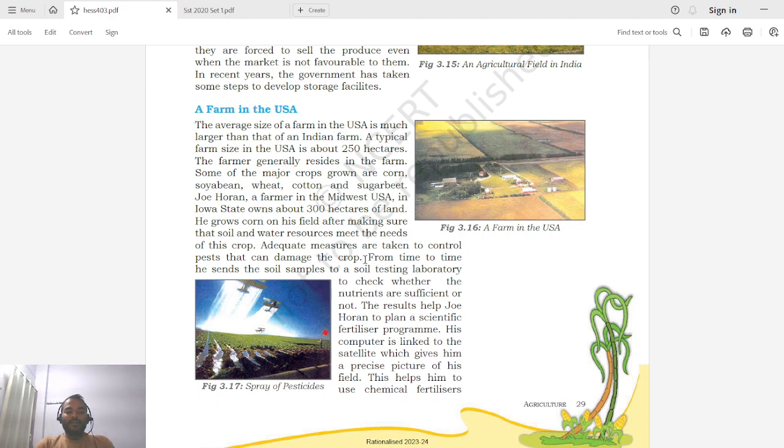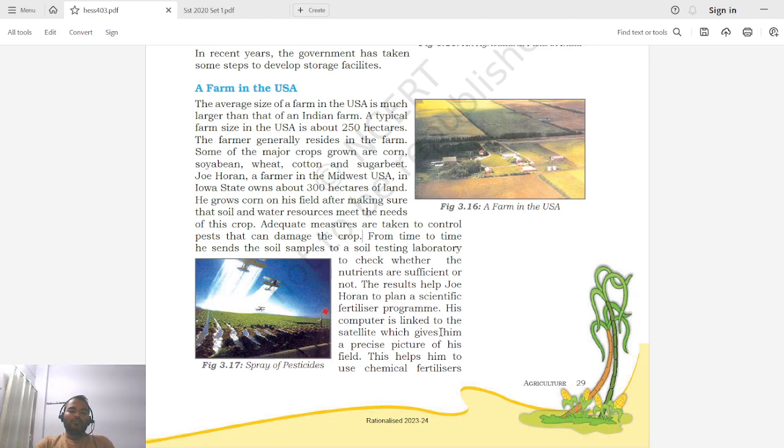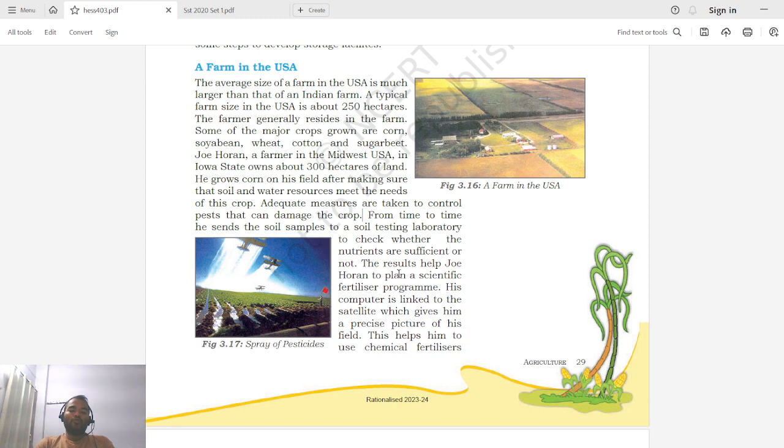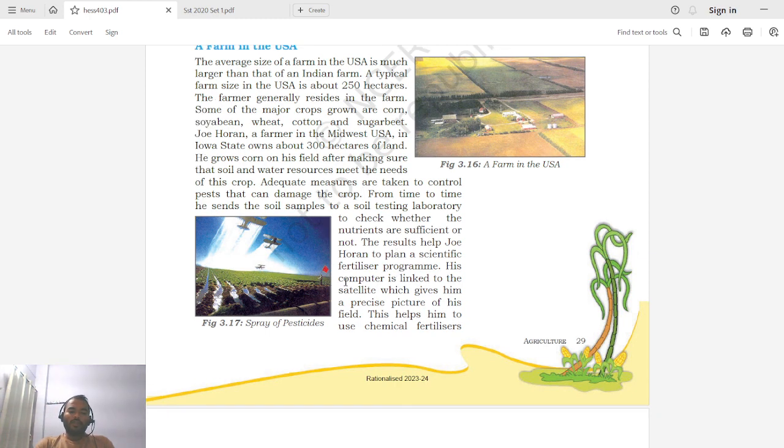If not, additional fertilizers can be added. The result helps Joe Horan to plan a scientific fertilizer program. So with this information, he can plan the fertilizer program accordingly. His computer is linked to the satellite, which gives him a precise picture of his field. So this farmer uses a computer system, and he even uses satellites to get the picture of his